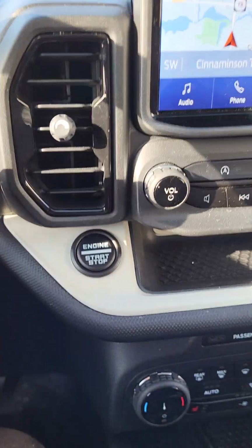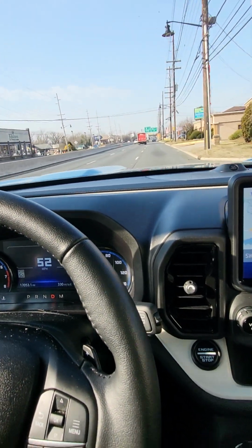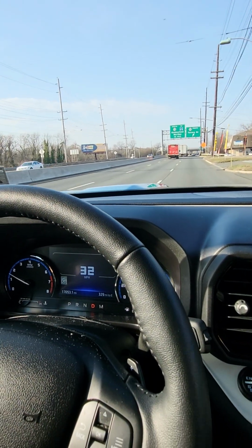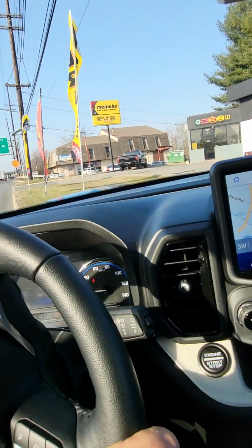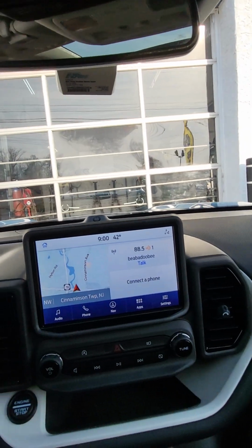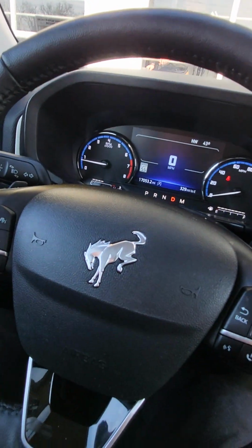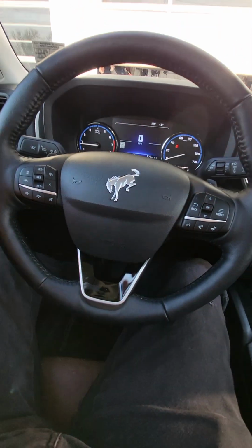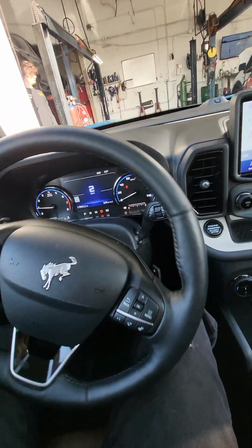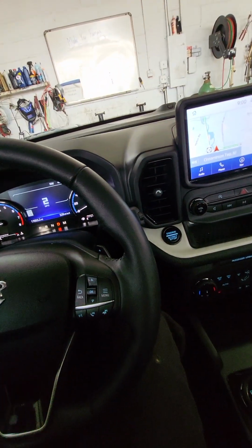This is my first experience in a Ford Bronco Sport at 17,000 miles. The interior is very nice. And surprisingly, a very peppy vehicle. The tires are extremely noisy, and that's because it has off-road tires on it for a vehicle that spends 100% of its time on pavement. It kind of gives you the feel of a Mustang, right? But it's a Bronco. And it's very, very peppy. Plenty of power. And I'll tell you what, if it didn't have off-road tires on it,